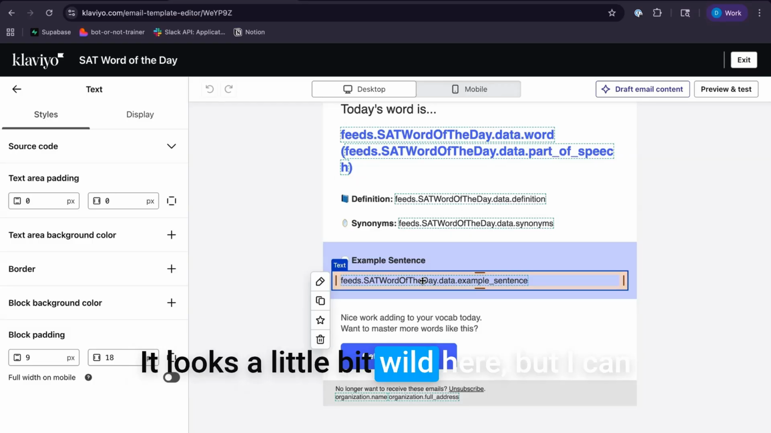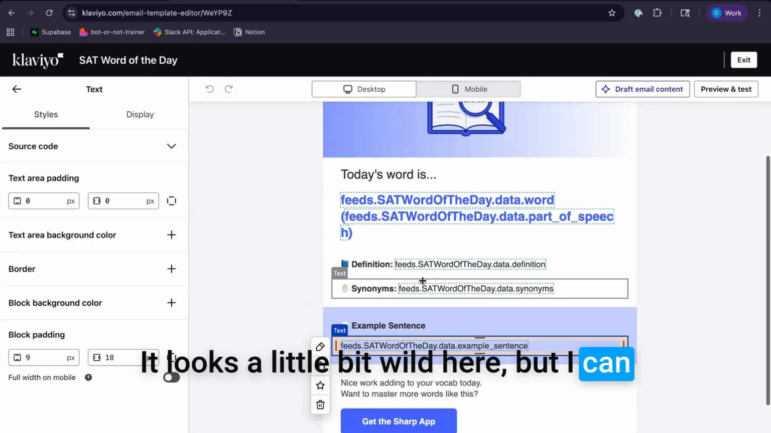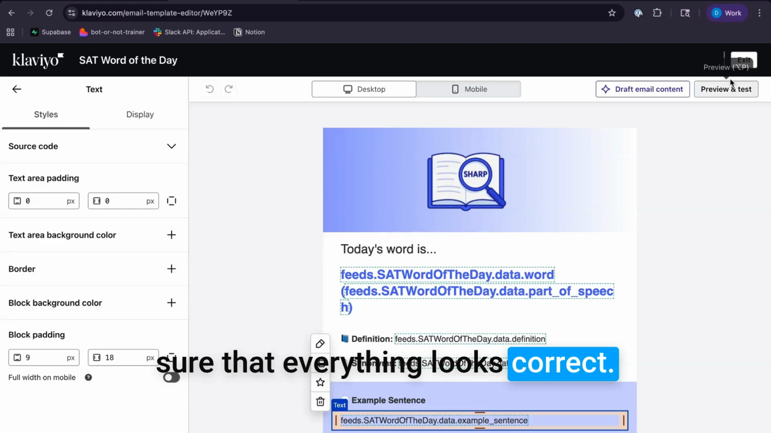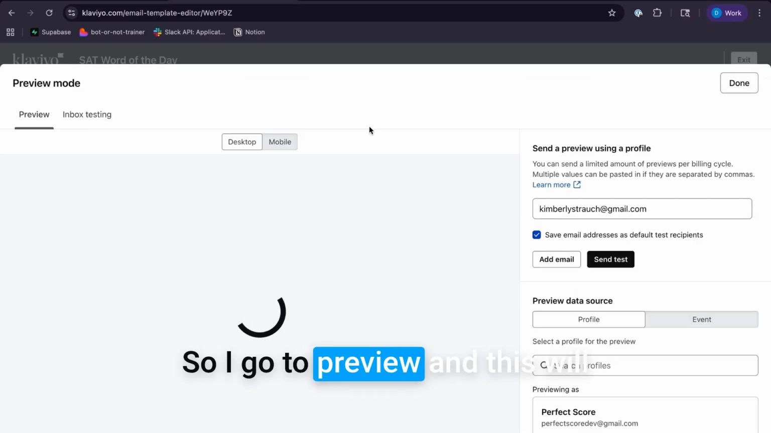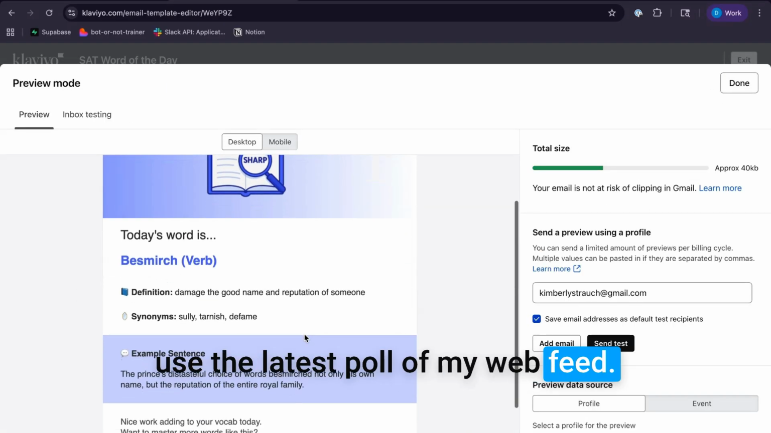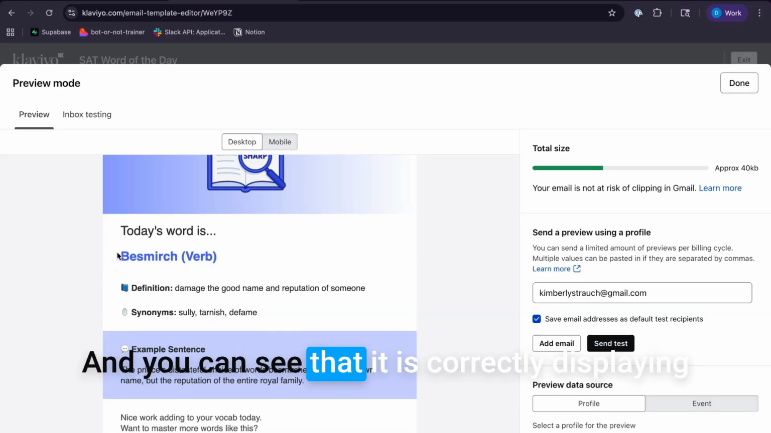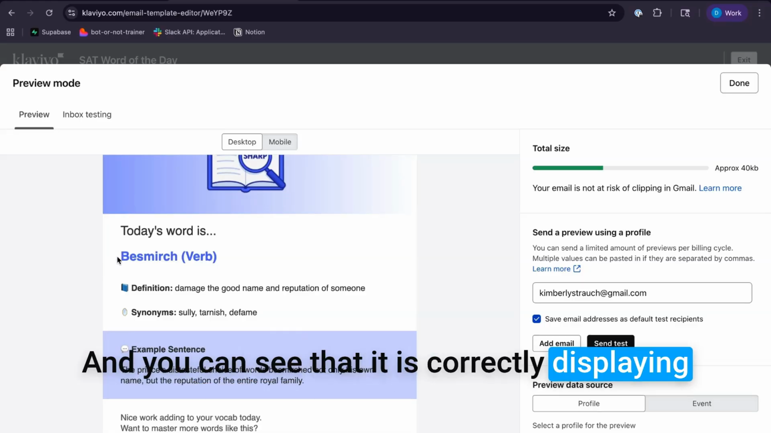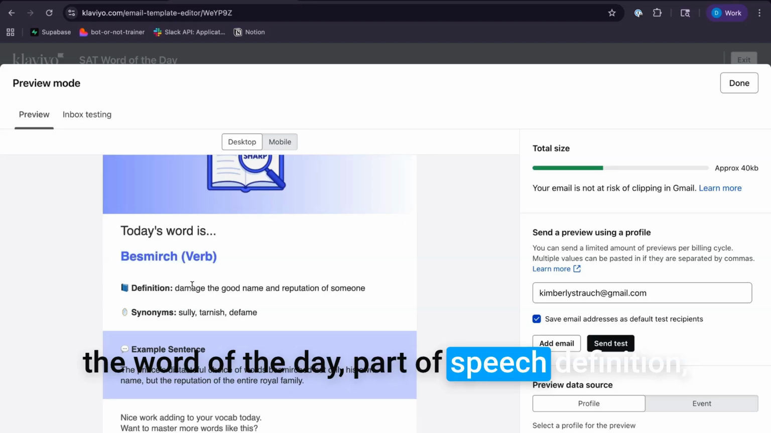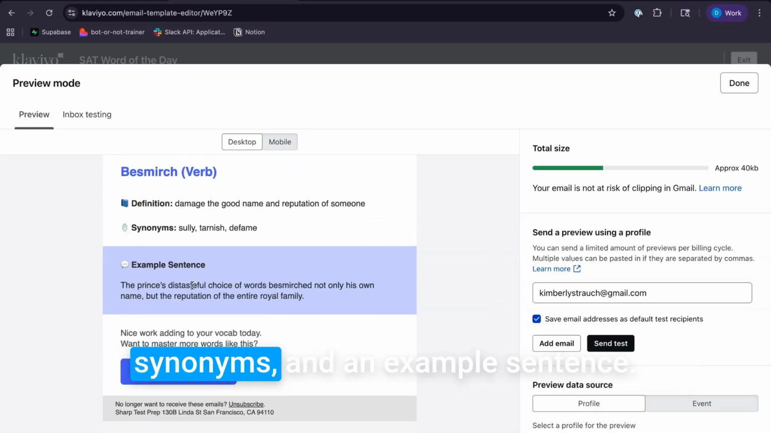It looks a little bit wild here, but I can go to preview and test and make sure that everything looks correct. So I go to preview, and this will use the latest pull of my web feed. And you can see that it is correctly displaying the word of the day, part of speech, definition, synonyms, and